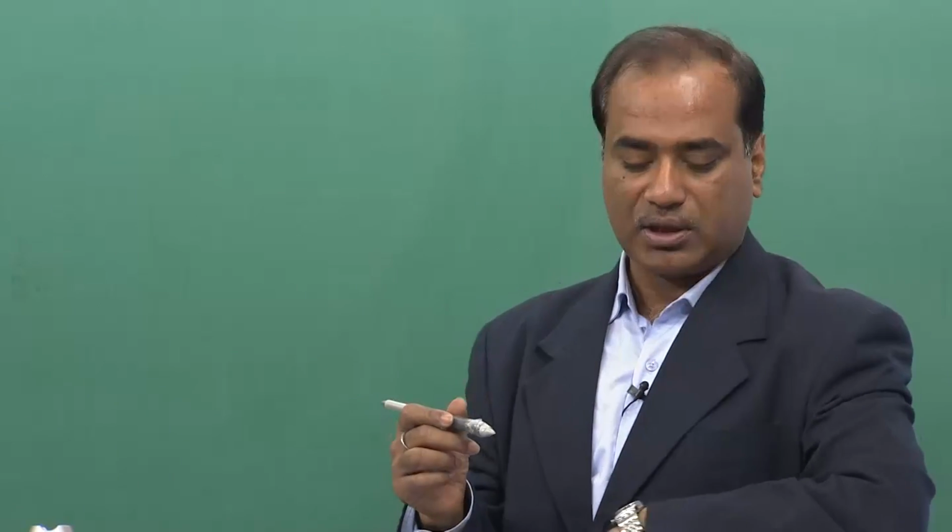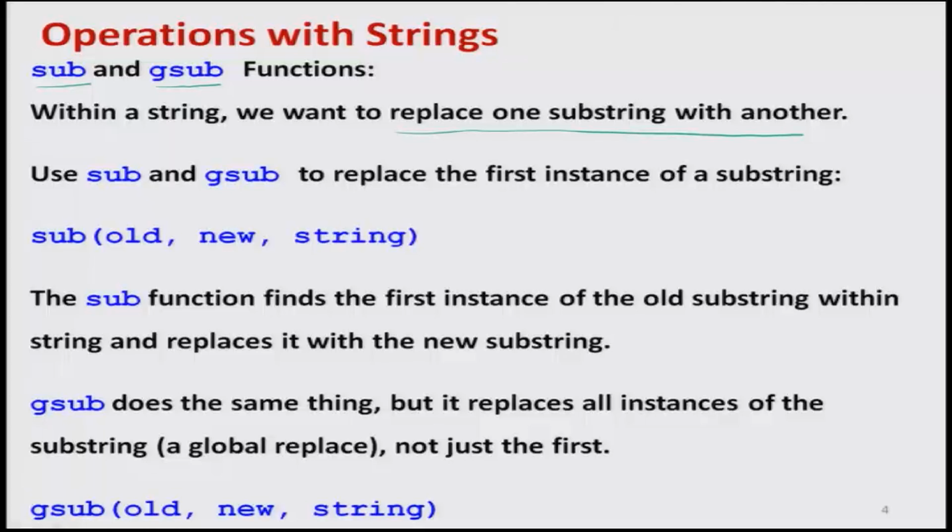The syntax for using the sub function is that we write sub, then in the first place we write whatever is the old string, whatever is existing in the string that we want to replace, and then separated by a comma we write the new string. This is always at the second place. New string means the string by which you want to replace the earlier string,